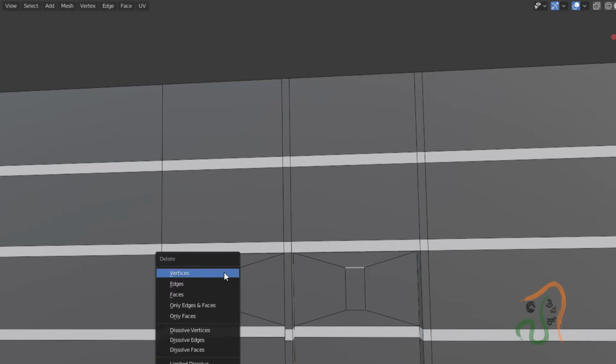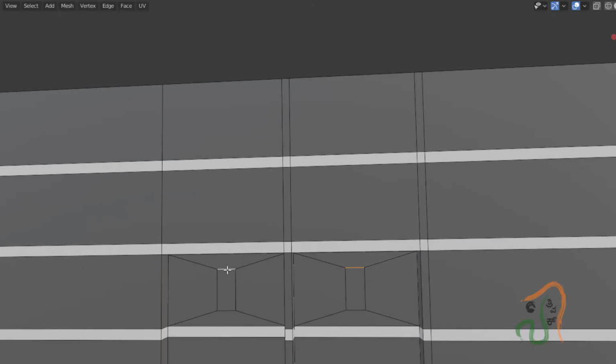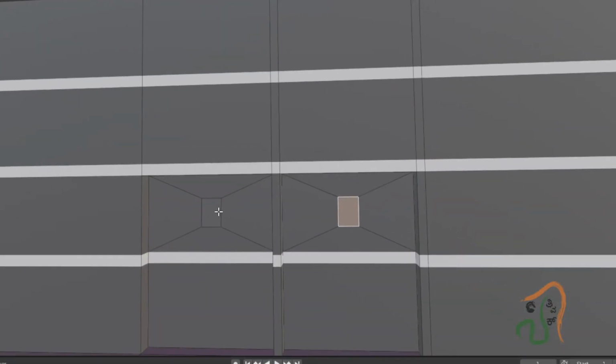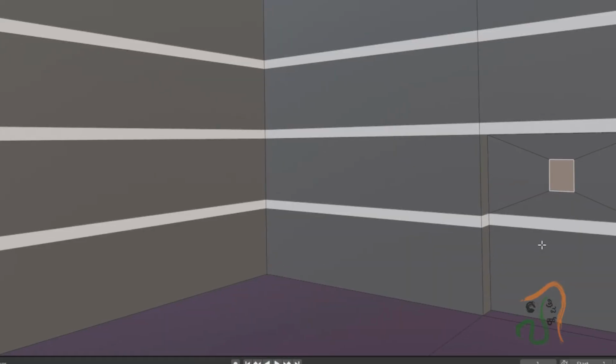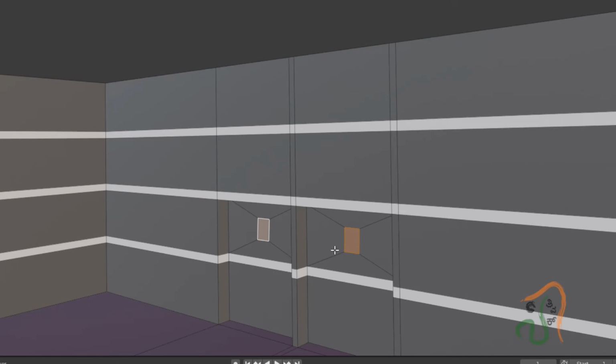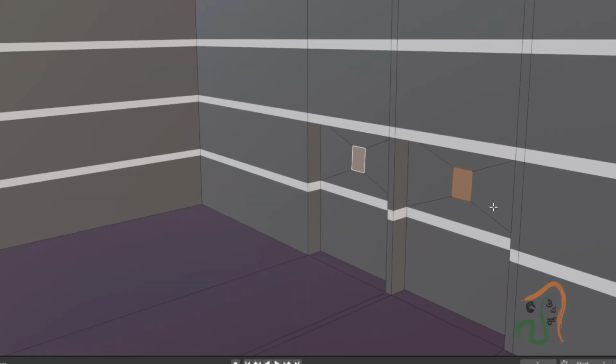Okay, if required, with shift press select these two edges, grab G and move it slightly down, and similarly select this edge, with shift press select this edge, press G and slightly move it up. And now press 3 to come to face selection mode. Select these two faces now, turn like this and press E and slightly extrude it inward like this, so it creates a depth like this. Okay, fine.